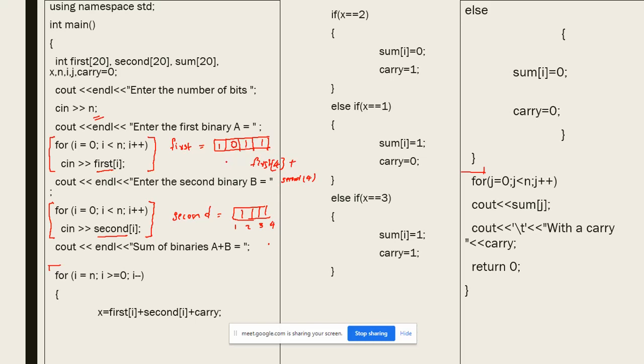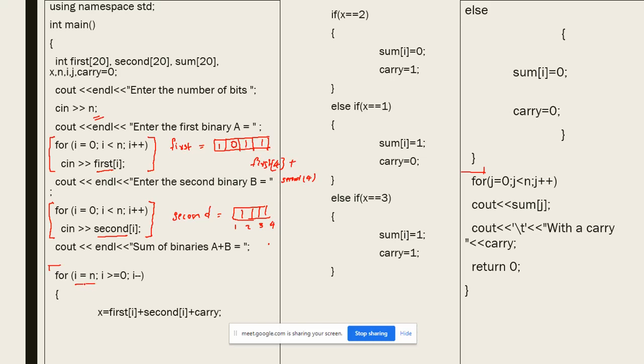In all the for loops we have learned so far, the number moves from 0, 1, 2, 3 in ascending order. But in this case, since we have to start from the least significant bit, the numbering starts from the last number. Say if it is 4-bit, then it will start from 4, 3, 2, 1 and so on. So this is how we are going to do the binary addition. So here the initialization is not I equal to 0. I is n, that is the highest binary number.